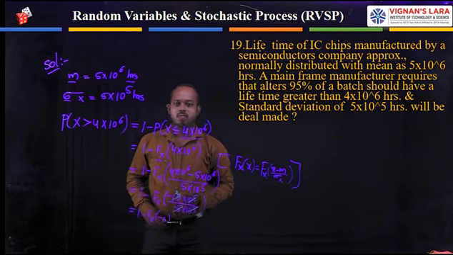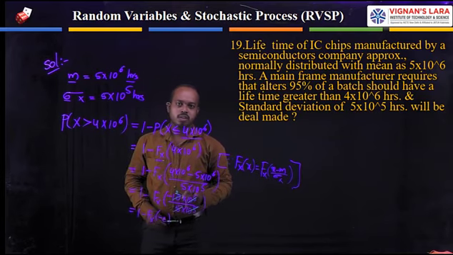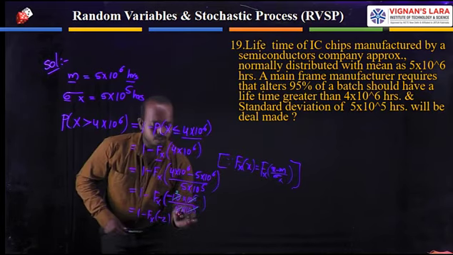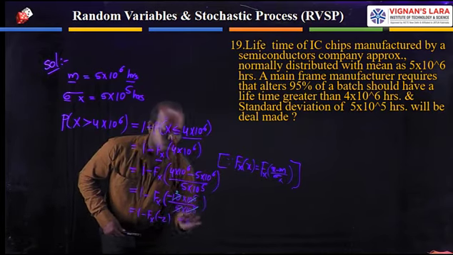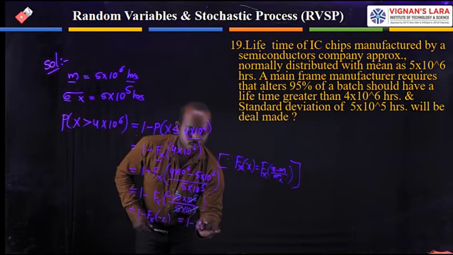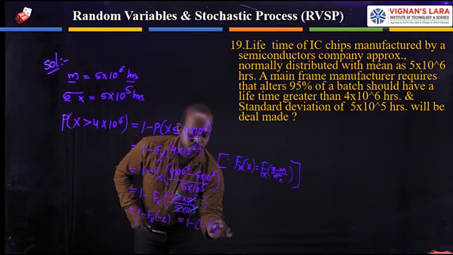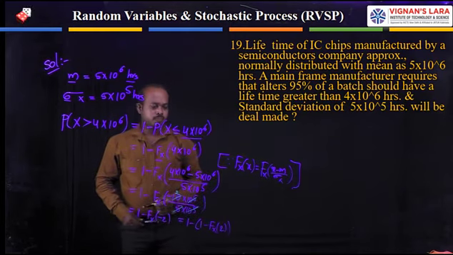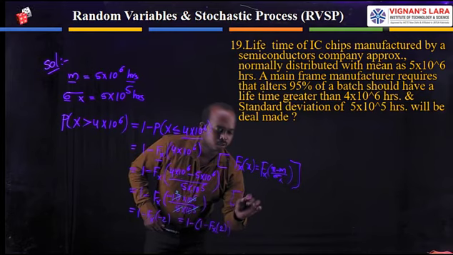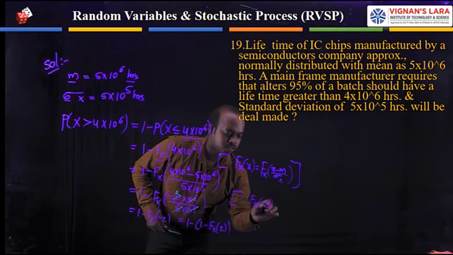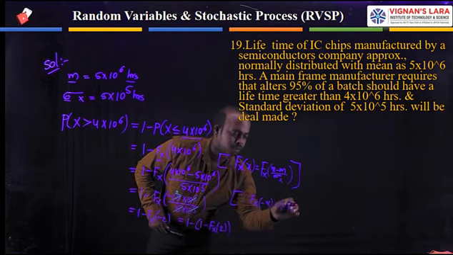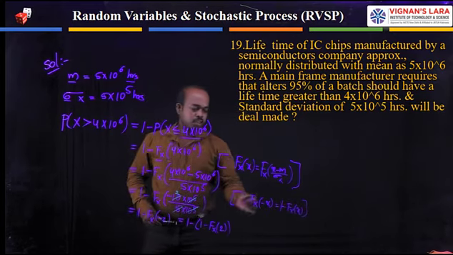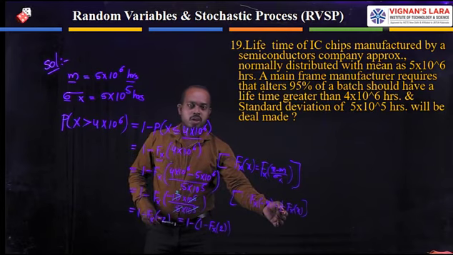For negative numbers we are able to write in a positive by using the Gaussian distribution function. Based on that formula, here I am writing 1 minus Fx of 2. What is the formula we are using here? The formula is Fx of minus x is equal to 1 minus Fx of x. For negative values, the Gaussian distribution we are writing like this: 1 minus Fx of x.